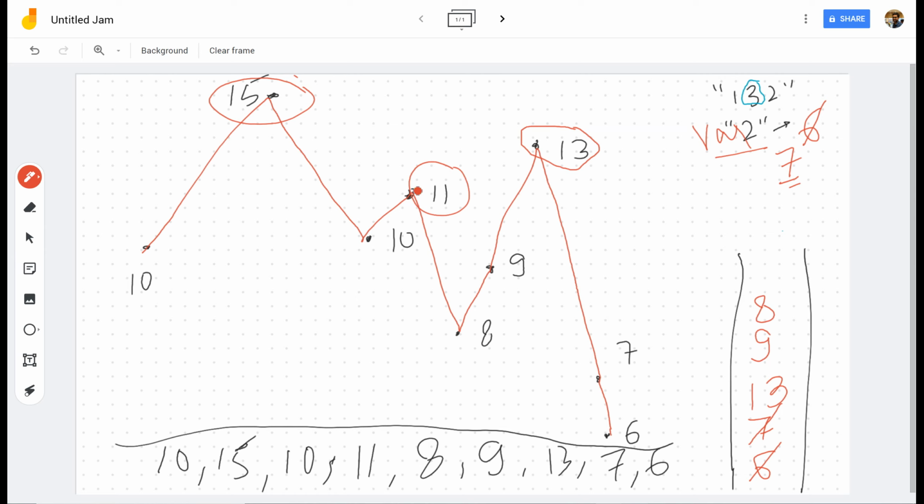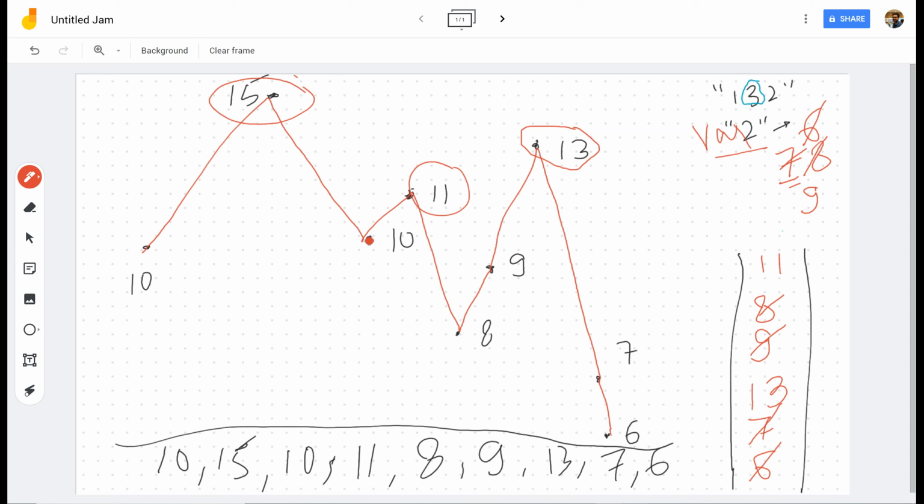So I'll keep popping from the stack till my 11 is greater than the top of the stack, and I'll update my var2. So I'll pop 8. You see 8 is greater than 7, so I'll update my var2 to 8. Then I will pop 9 as well, and I'll update my var2 as 9. Now nothing can be popped because 11 is less than the top of the stack, so I'll put it into my stack. Now you see my stack has two potential 3s, 11 and 13, and my var2 has been updated to 9, and 9 is just less than 11.